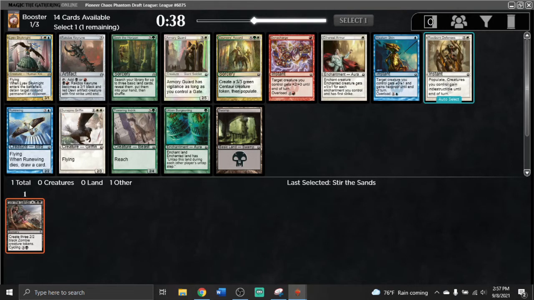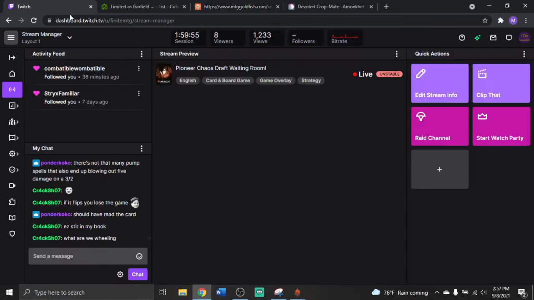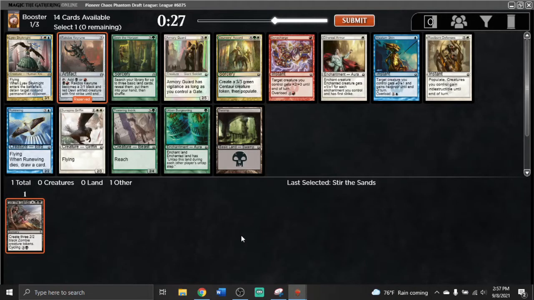Dynacharge is solid. It is one of the flyers, I think. You're never taking Lieu over a flyer that's easier to cast. So yeah, maybe I just take the Keyrune. See what chat thinks. What are we wheeling? Straight nothing. I mean, this pack is just horrible, right? If you wanted to wheel something, I guess we take Sunspire and wheel Armory Guard or something, but